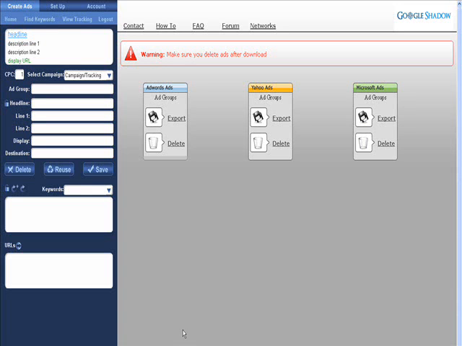Alright, in this video I'm going to show you how to set up your campaign tracking information inside your Google Shadow account. What campaign tracking does is it assigns information to your ad output files so that the search engines know which campaign to assign your ad group to. The tracking side of it tells Google Shadow what URLs to put after the keywords so that you can track